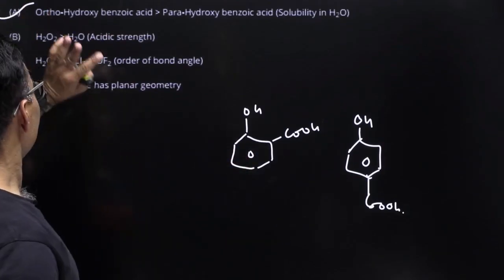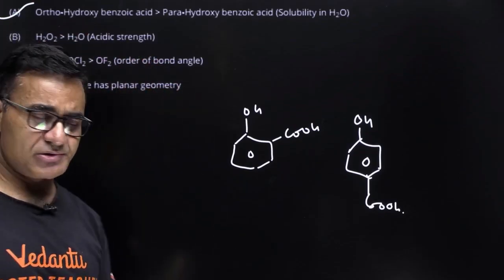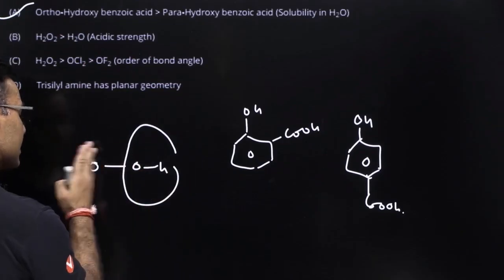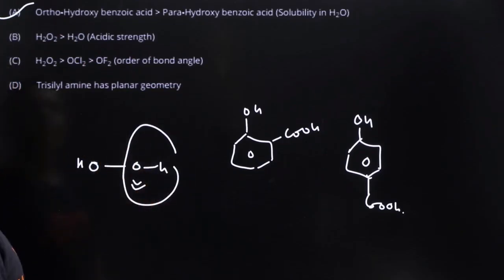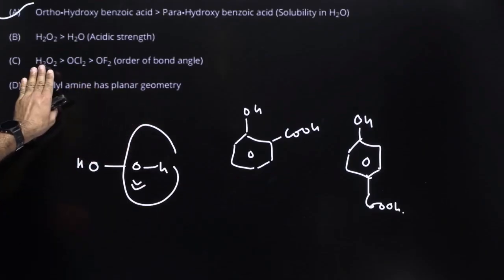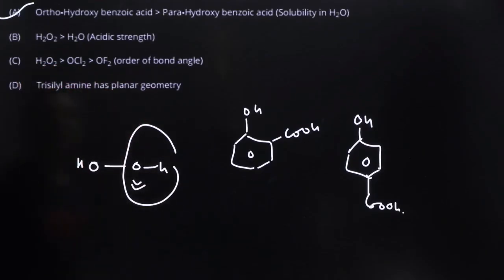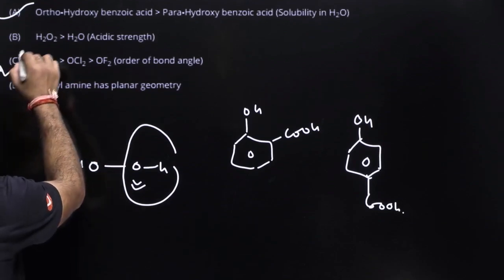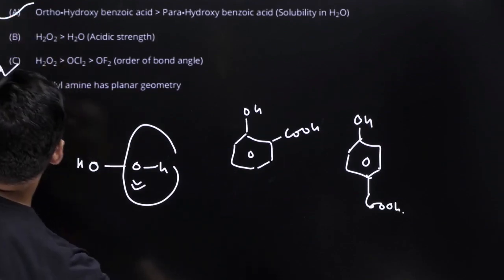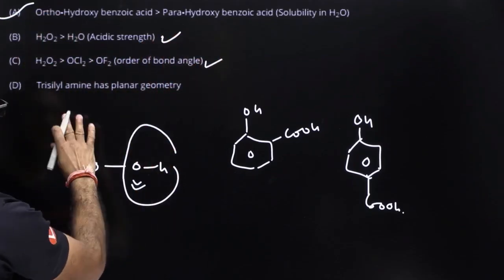तो यही आंसर हो गया। आगे देखते हैं H2O2 ग्रेटर देन H2O, एसिडिक स्ट्रेंथ परफेक्ट है। H2O2 के अंदर OH ग्रुप है एक्चुअली, तो इसकी OH ग्रुप बीइंग इन इलेक्ट्रॉन विड्रॉइंग ग्रुप इसकी एसिडिटी को बढ़ा देगा। H2O2, OCl2, OF2 बॉन्ड एंगल, H2O2 में बॉन्ड एंगल अधिक होता है, OCl2, OF2 ये बेंट स्ट्रक्चर होते हैं, इसके अंदर बॉन्ड एंगल कम होता है, तो ये भी स्टेटमेंट सही है, मतलब ये आंसर हो गया। ये स्टेटमेंट गलत है एक्चुअली, पहला वाला, ये आपका आंसर हो गया। ये स्टेटमेंट करेक्ट स्टेटमेंट है, ये भी करेक्ट स्टेटमेंट है।